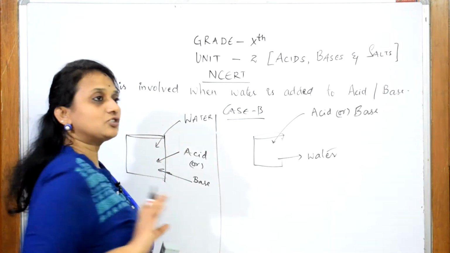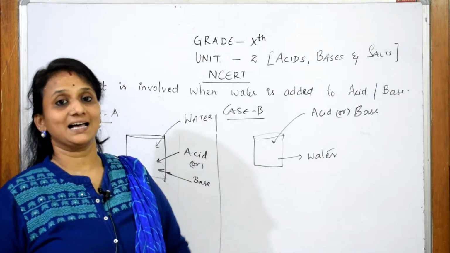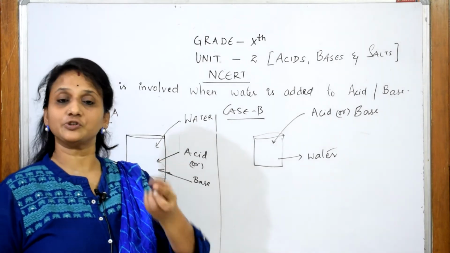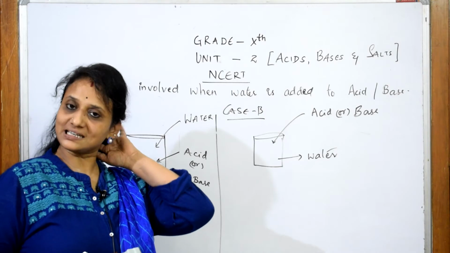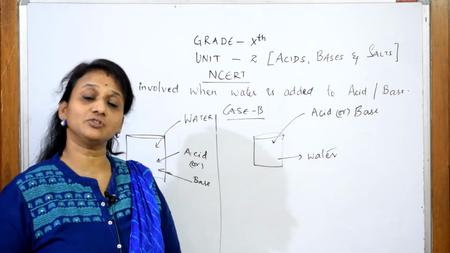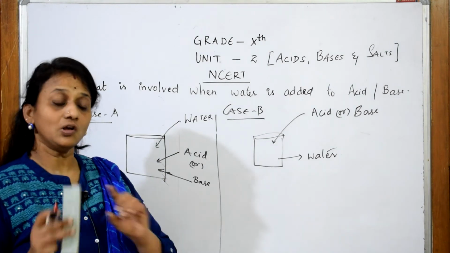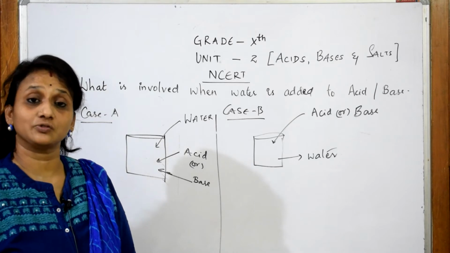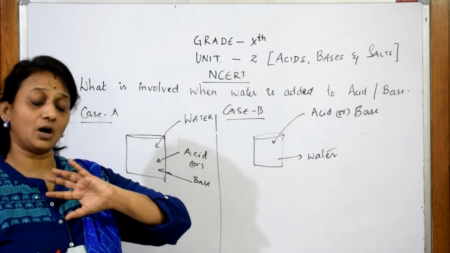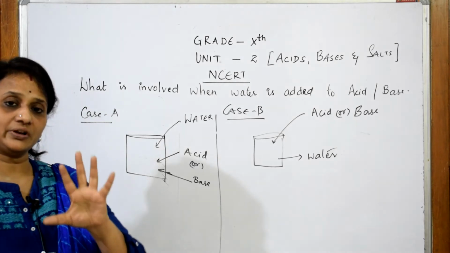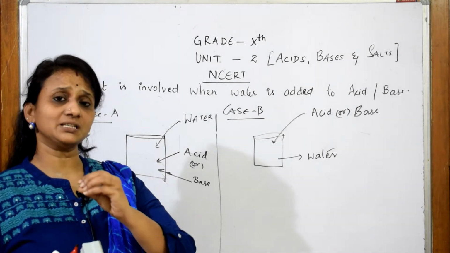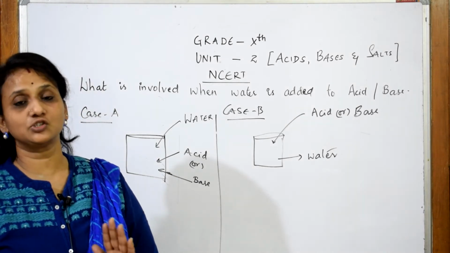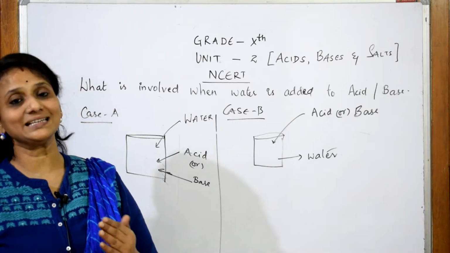The first concept you need to remember about acids and bases. Acids are substances which dissociate into H plus ions when dissolved in water. Bases are substances which dissociate into OH minus ions when they dissolve in water. Always, in acid there are fast moving H plus ions, and in the base OH minus ions. Because of this, the reaction is highly exothermic in nature. With a strong acid or strong base, exo means a lot of heat is evolved out, thermic means heat.